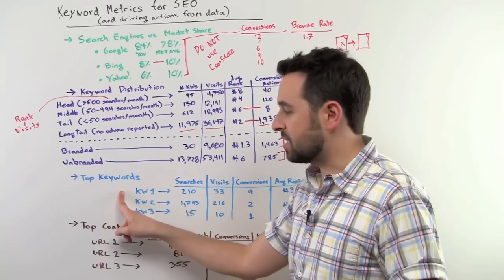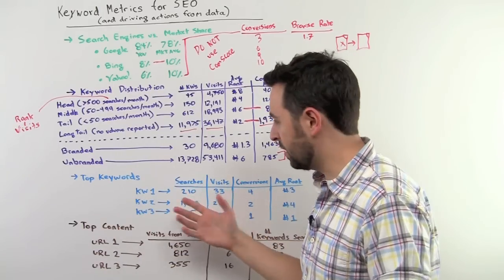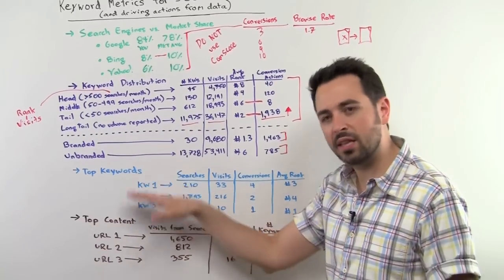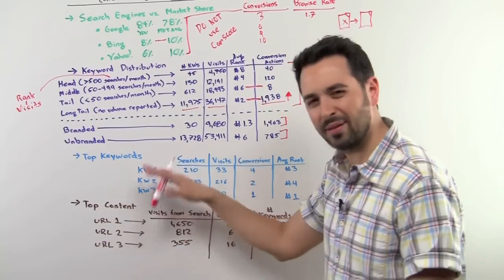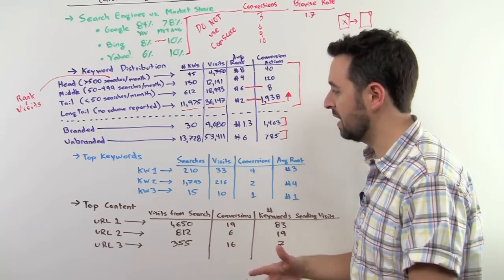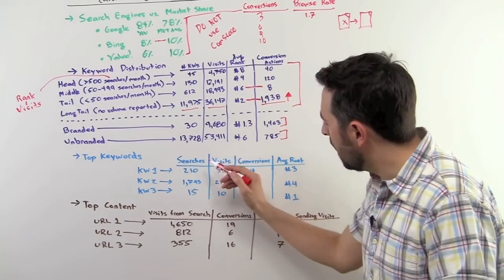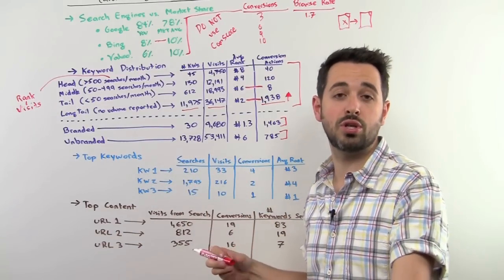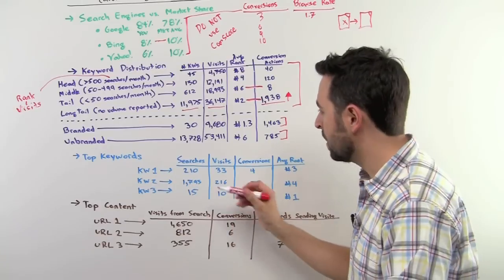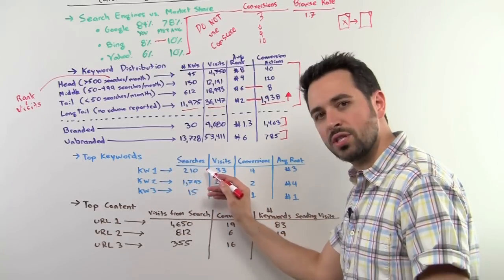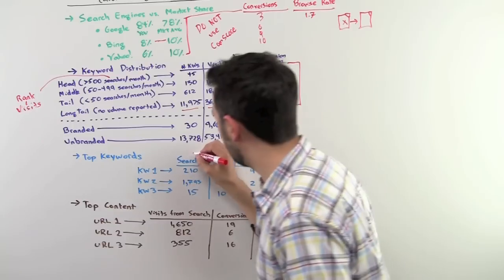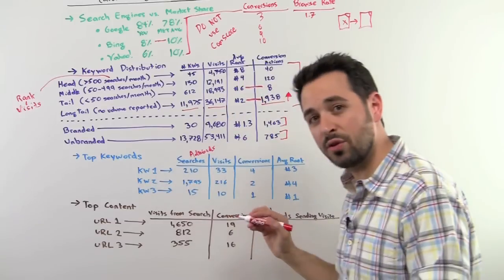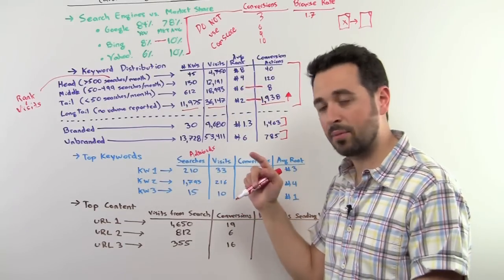The next thing I like to look at, top keywords, right, from a keyword metric standpoint. So you've got your top keywords here, and you probably would have a big list of keywords in the Moz web app. I keep track of around 75, 80. I could have up to 300 in there, but you can do this just using your Google Analytics, right, which is free. So I might look at the number of searches that were generated. This is going to have to come from AdWords, which is frustrating. But if you can do it for your managed keywords, it's very nice to have that number in there.